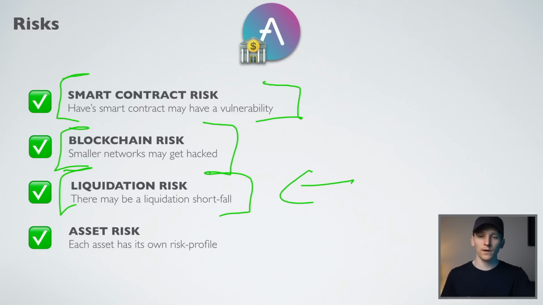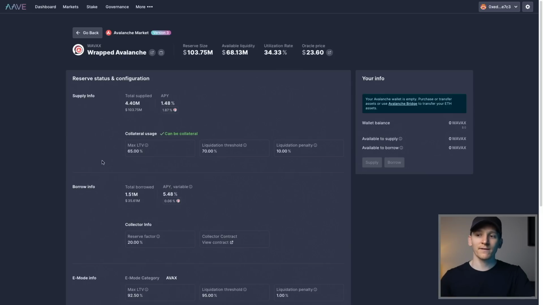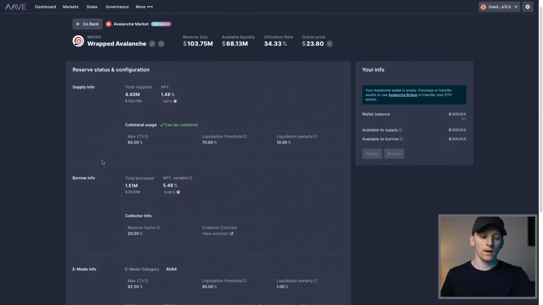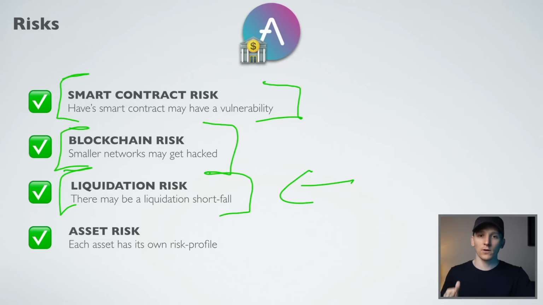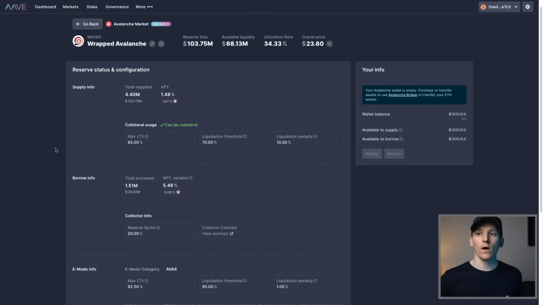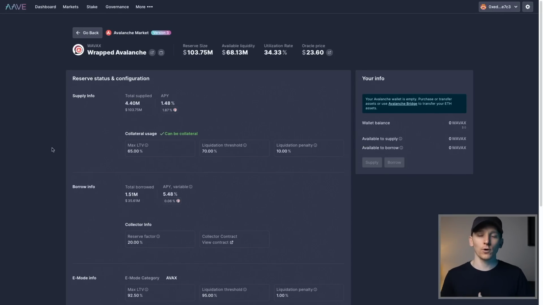This is important if you are lending on the platform, to know that everyone that's borrowing and paying interest has to put up way more collateral. And so if prices do fall, the system will literally automatically sell them out of all of their loan positions to pay back the loans first. But there is still a small liquidation risk, given that the system may not be able to trade.